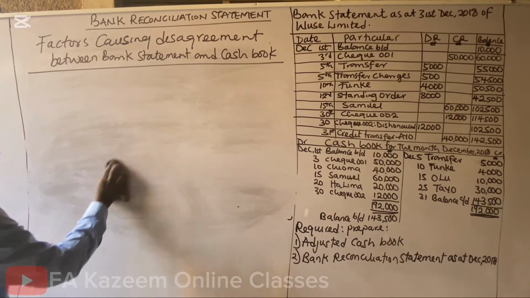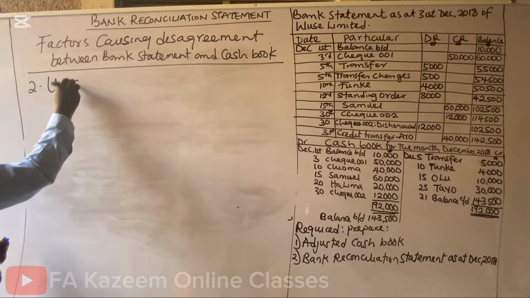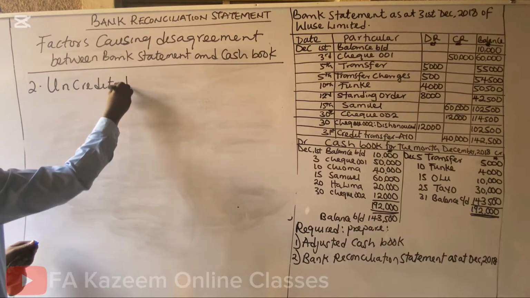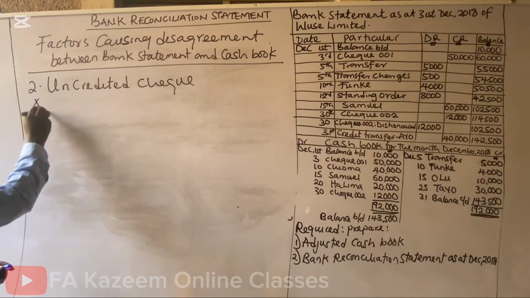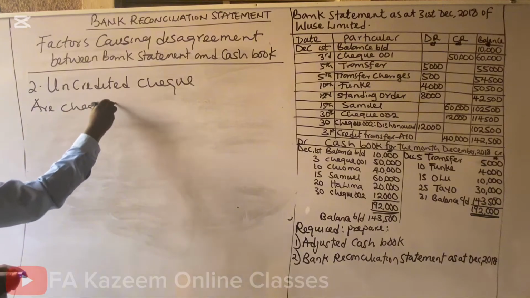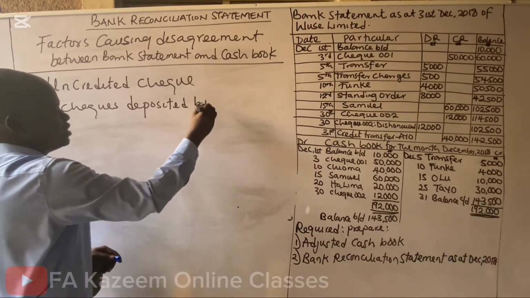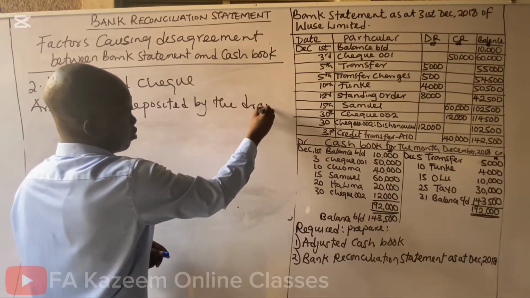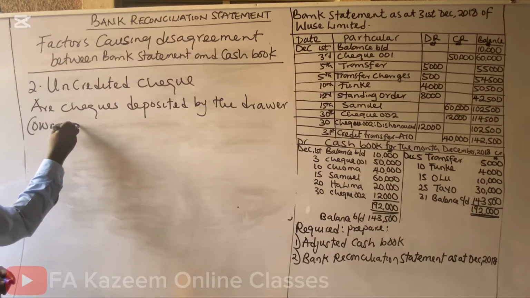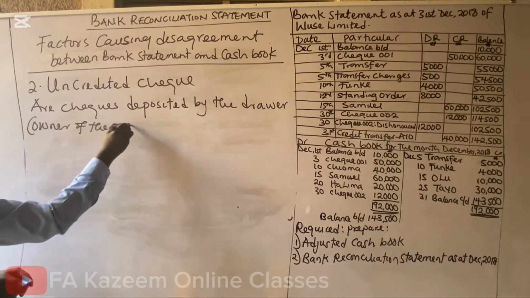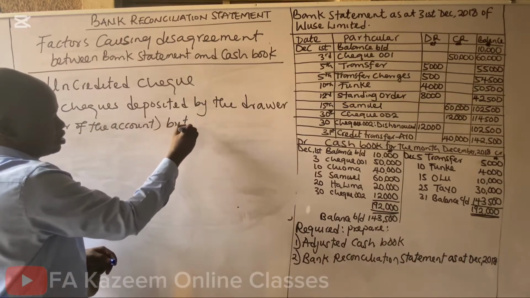Let's look at uncredited check, number 2. Uncredited checks are checks deposited by the drawer. Who is the drawer? The owner of the account, the drawer, but in which